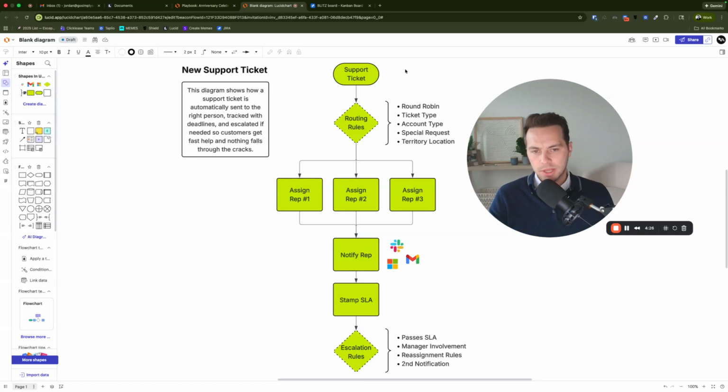Territory location, I'm going to come back to special request here. Territory location, same idea, but it's based on region. You see this a lot with leads. So more on the sales side of things. When somebody reaches out from like West Coast versus East Coast, you might want to consider this, I would say, more if you're global. If you're global, timelines obviously play a factor in who you're going to assign this to. You also want that for things like culture and maybe different languages if you're doing that too. So territory location can